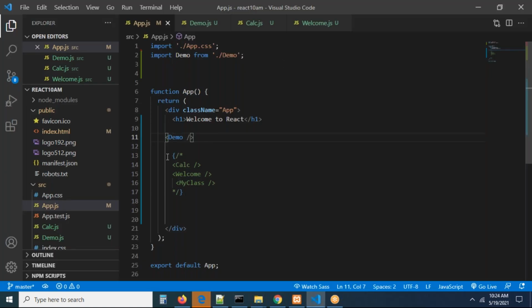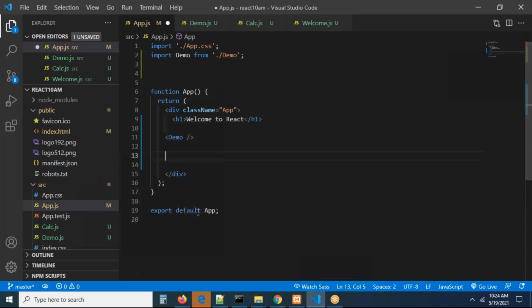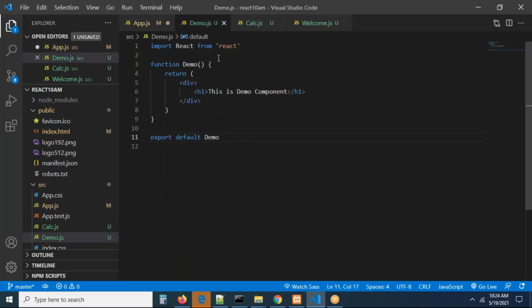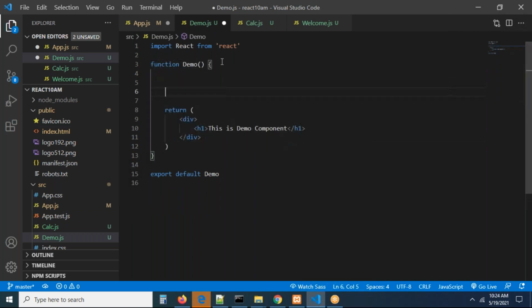If you want, you can remove everything. I want to make my JSX very clean. Okay, no worries, I removed it. Only the demo component is loaded here. Now you can go and write in demo.js here. In the demo component, I'm taking a variable, let username equal to, I'm taking something called rom. This is exactly the username I take.